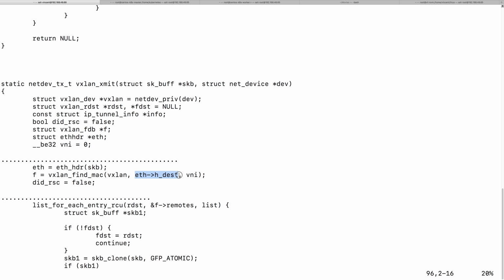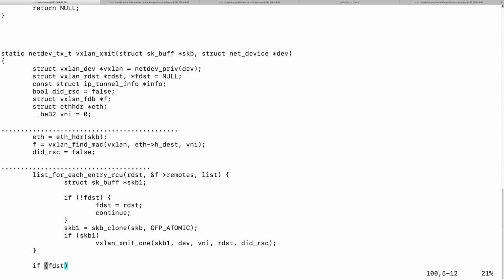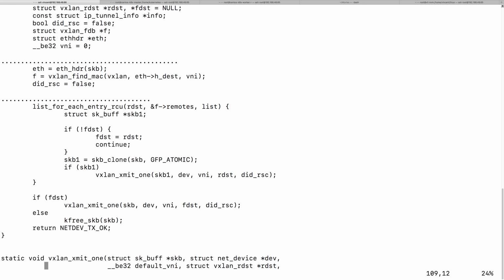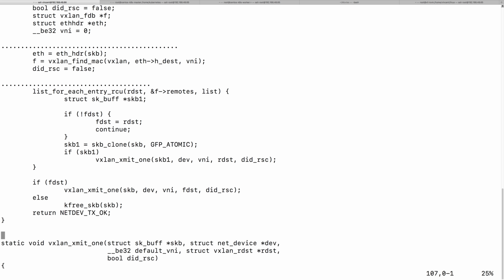That's going to be the VTEP MAC address. So once it finds it there, it will either transmit the packet here or transmit the packet here if,